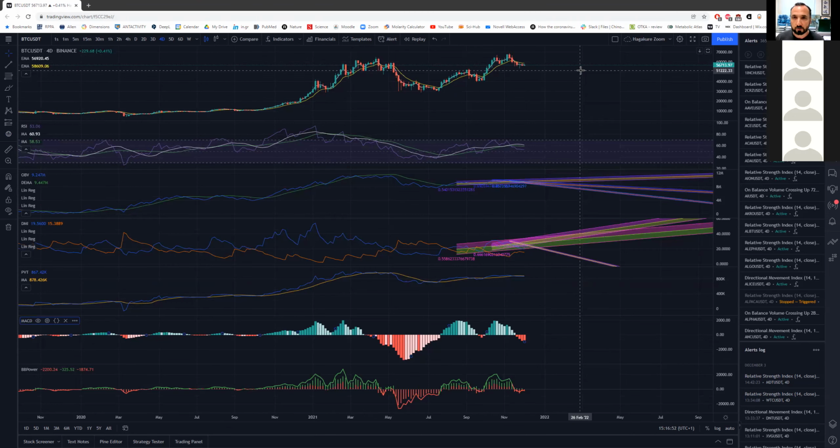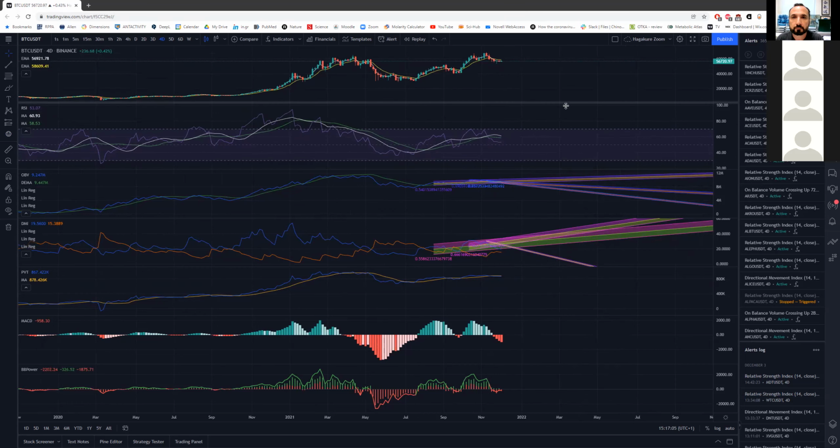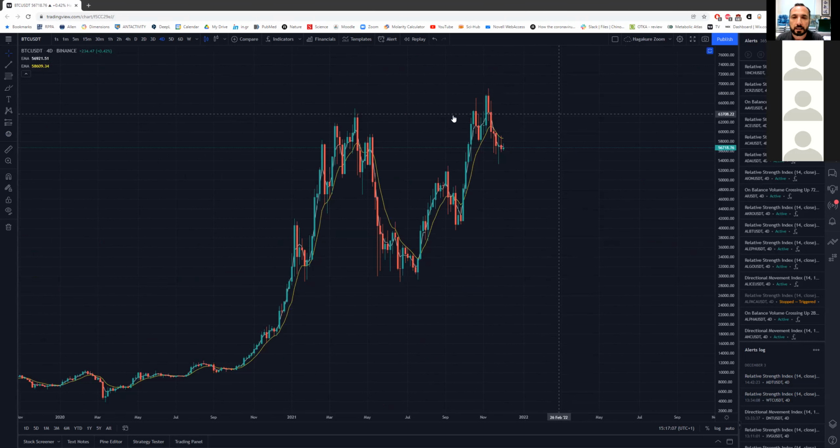All right, now you have your indicators. Okay. Now, how do you select the coins? You select the coins by the following principles. Well, the most important principle is that